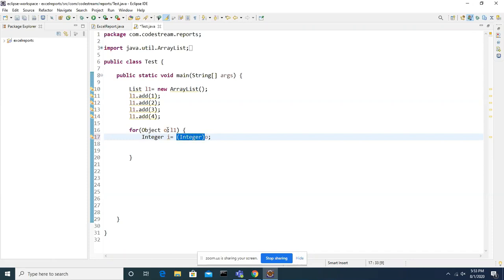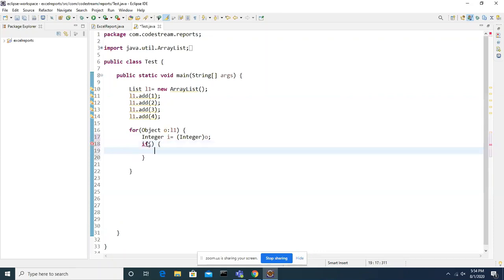So right now I am converting Object to Integer. Now this is the value. So now I'm checking this condition. What is our requirement now? Just for your understanding, if i equals 2, if it is matching with 2, I want to delete.